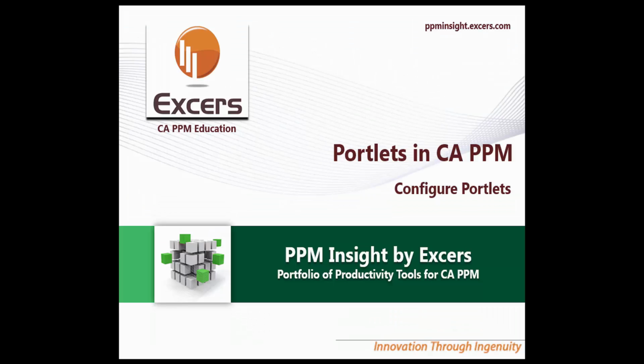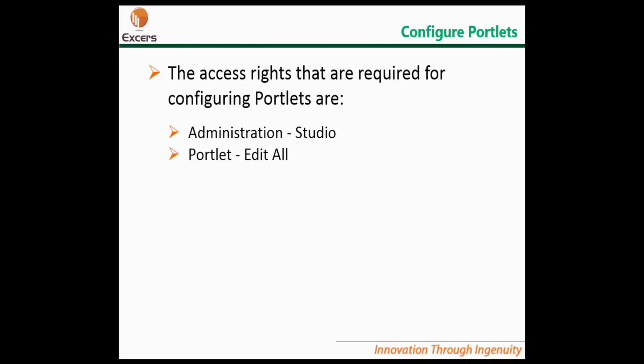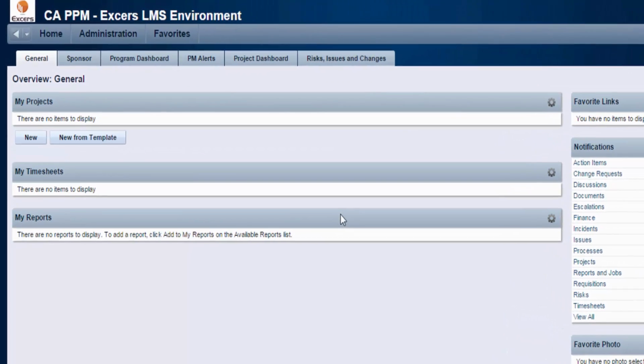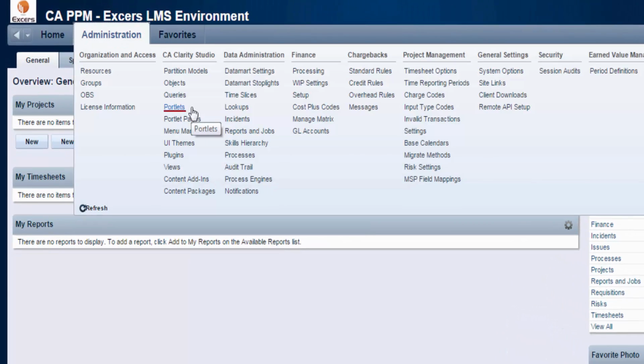In this video, we will demonstrate how to configure portlets in CA PPM. The access rights that are required for configuring portlets are Administration Studio, Portlet Edit All. To configure a portlet, hover over the Administration menu and click on the Portlets link under the CA Clarity Studio